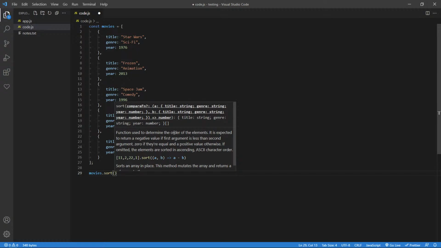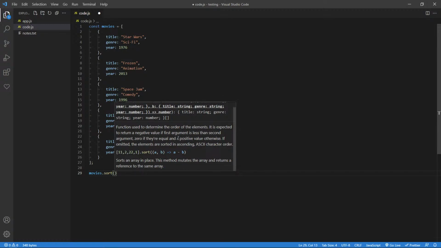Function used to determine the order of the elements. It is expected to return a negative value if the first argument is less than the second argument, 0 if they're equal, and a positive value otherwise. If omitted, the elements are sorted in ascending ASCII character order. Interesting. So here shows you an example of an array, and you're calling sort, and you can pass it a